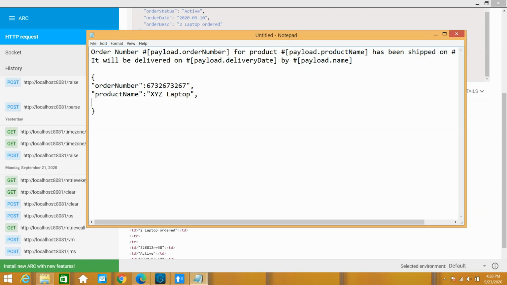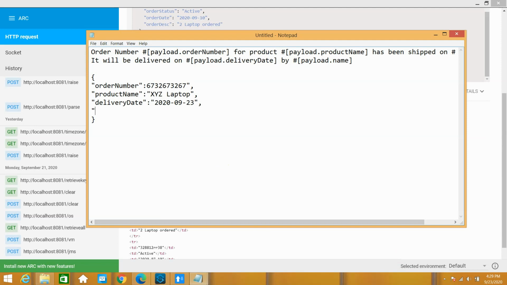Then I can say date. I don't have to give a now, it will be automatically picked from the system. So delivery date, I can say 2020 09 27 or 23 itself, that's fine.